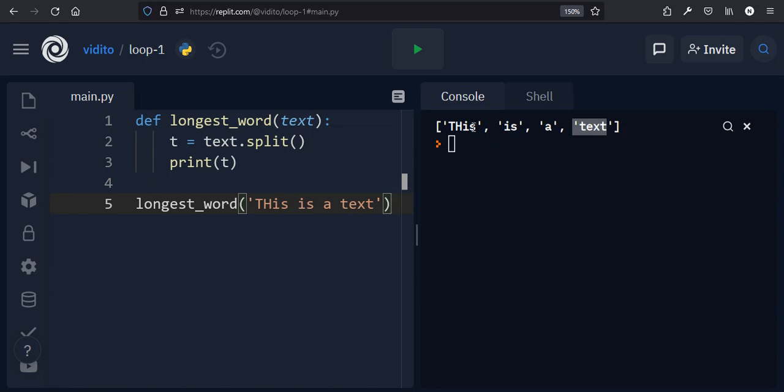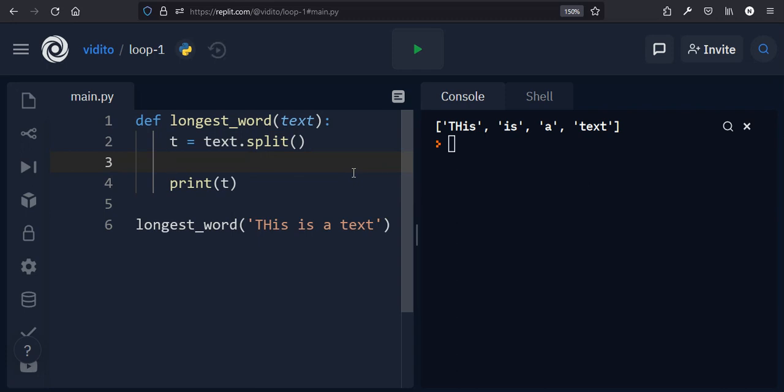Now how can I check the length of these items? Well, first of all, I can do a for loop and go through these and print out the length of each item. That is one thing I can do, and then compare the numbers. But another easier way is to use the max function. The max function gives the highest number there is in a list. For example, this one is 1, 2, 3, 4, and I can give it a condition based on length. Give me the highest